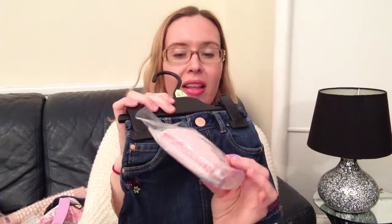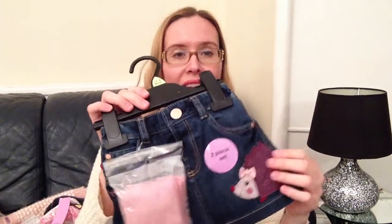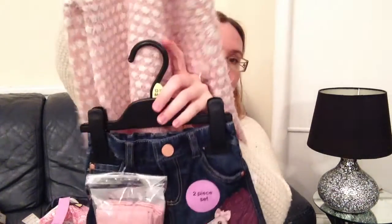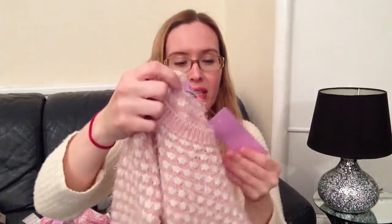It comes with a pair of lilac-y pink coloured cable knit tights, and I just thought this was really cute, and I picked up this woolly jumper to go with it, which I thought would go really pretty on top, and is more or less the same colour as the tights. And this jumper was £8,